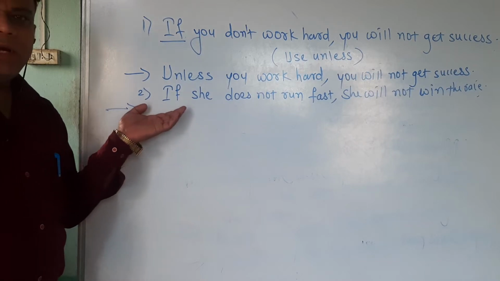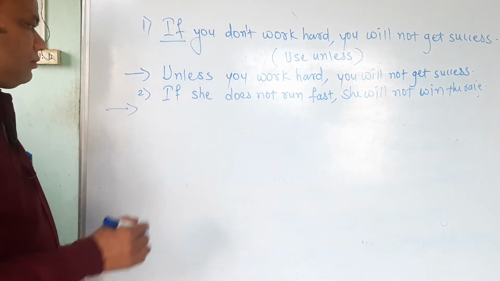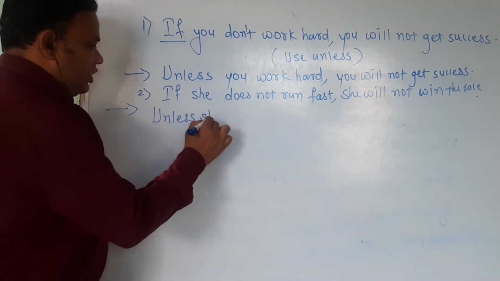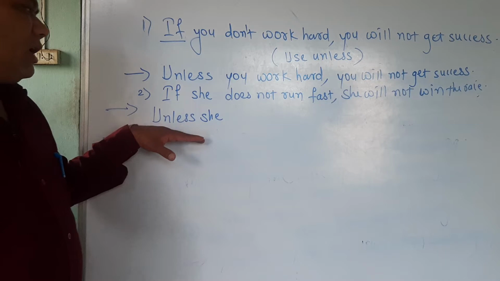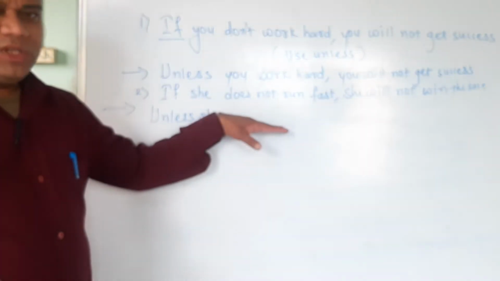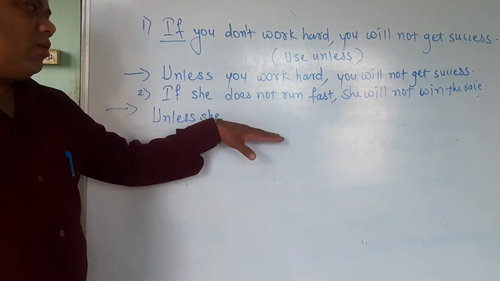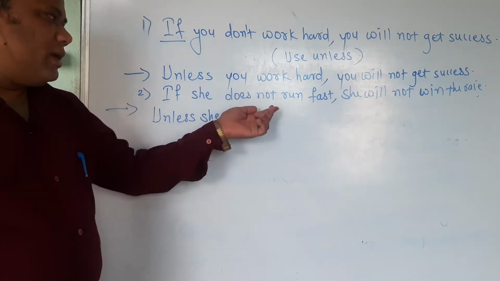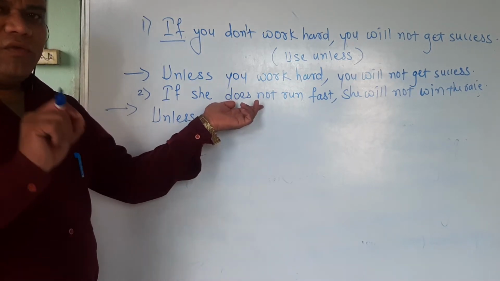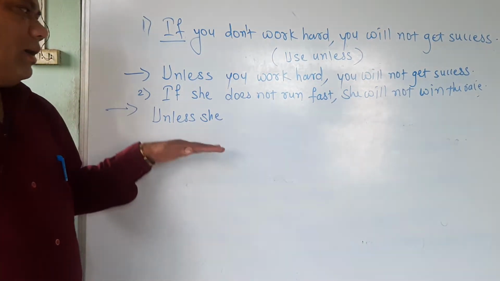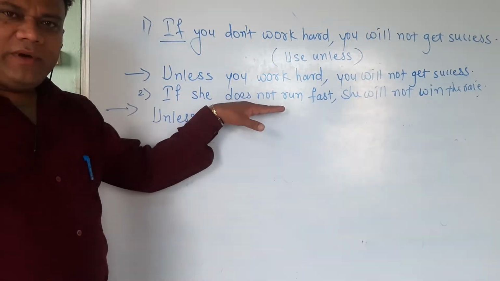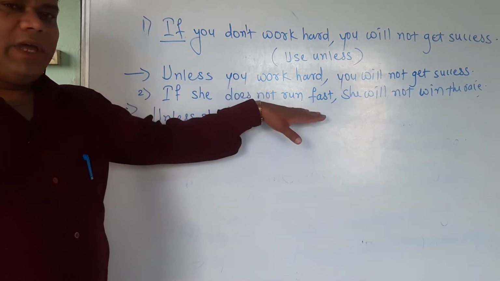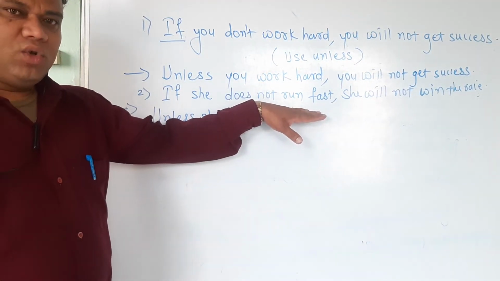So here the word if we have to replace with unless. Now the subject she. So after using unless, whichever first verb comes, that we have to make affirmative. For making the affirmative we have to cancel not, but as not is used here along with does, so we have to cancel the entire does not, but the cancellation of does not will affect the main verb. After cancelling does not, here we have to add the suffix yes to the main verb run.